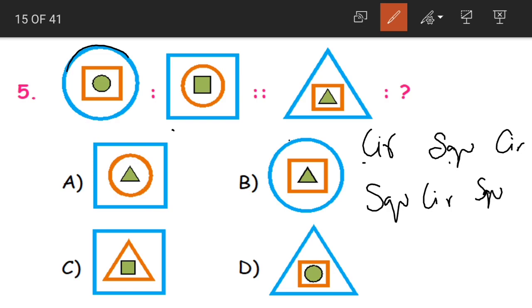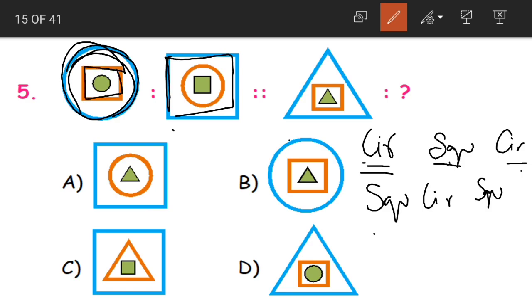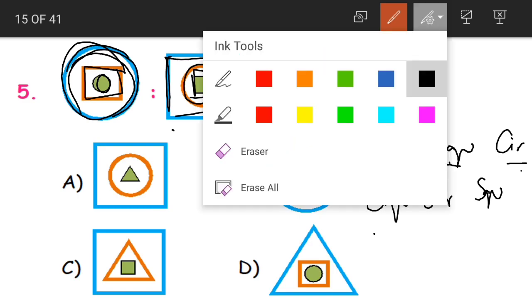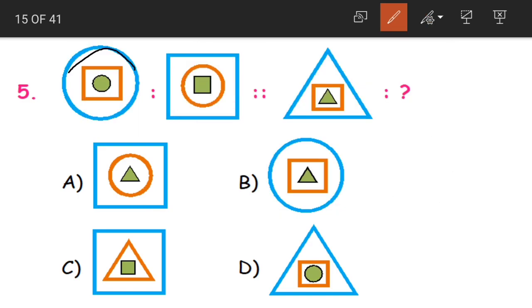Understood? Are you seeing the relationship here? Circle, square, circle. Now all the squares are replaced by circles. Here we had circle, now we have square. Here we have square, but now we have circle. Here we have circle, but now we have square. In the first figure we are having circles and squares. In the second figure also we have circles and squares itself. No other diagrams are used. The only difference is that their arrangement has been changed.